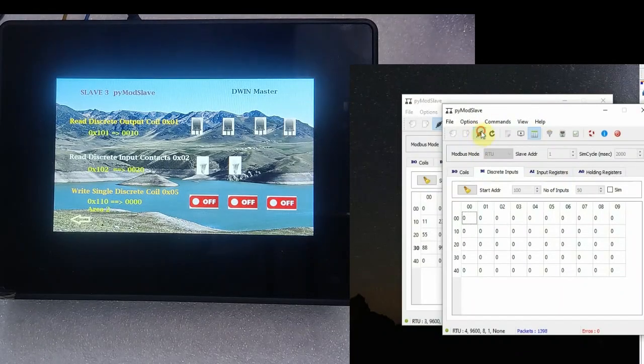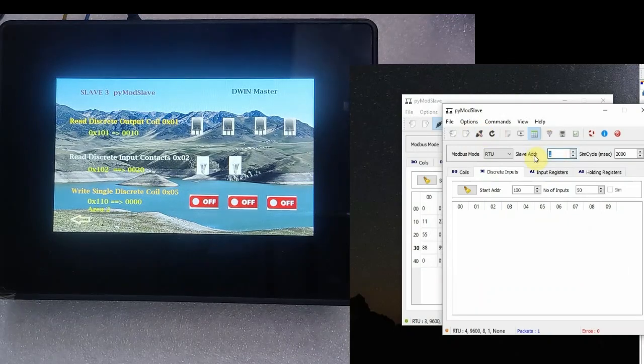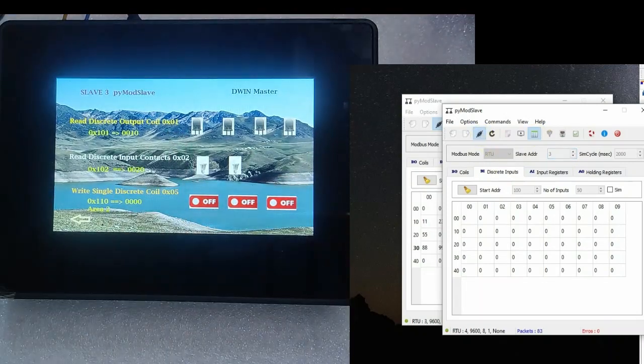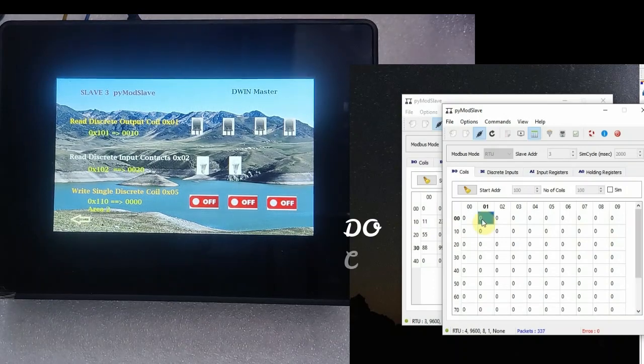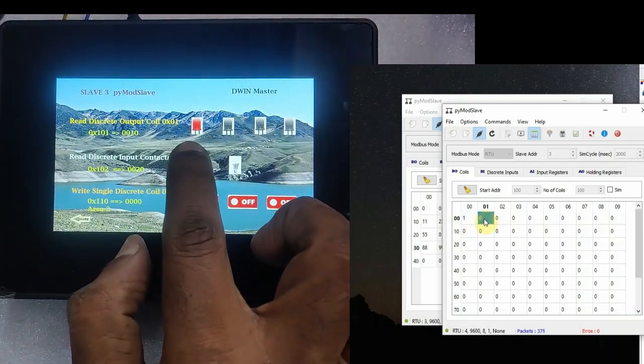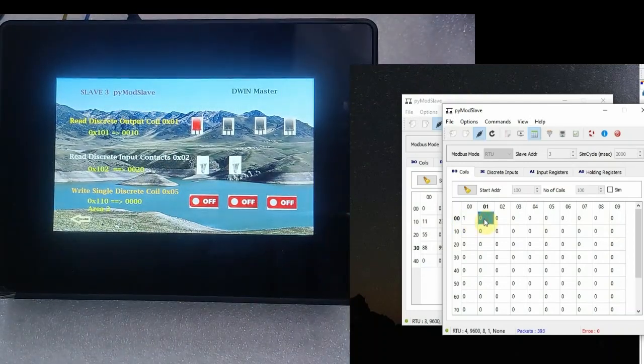So let us test the slave ID 3. Open the PYMODSLAVE, so ensure that the slave ID is 3. Select DO coils and then the address is 100 decimal. Change from 0 to 1. You can see in the master the LED icon changes from off to on. Same way change the next location 101 decimal, the next icon changes. Like this we have used 4 icons. This is for